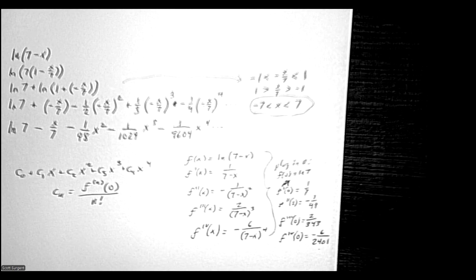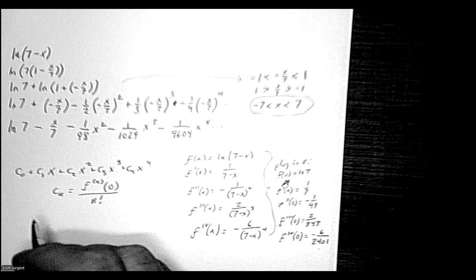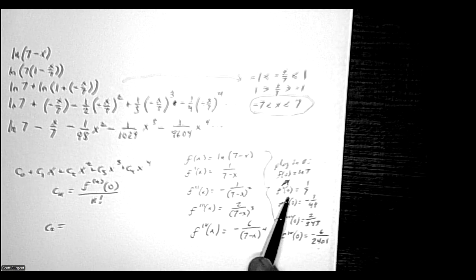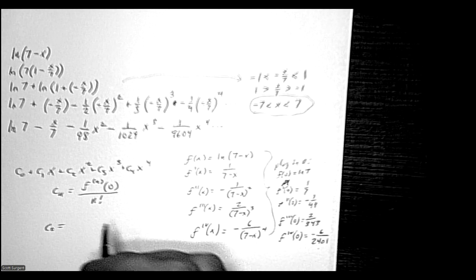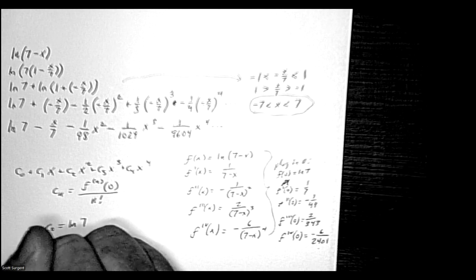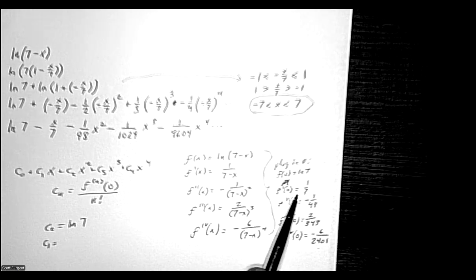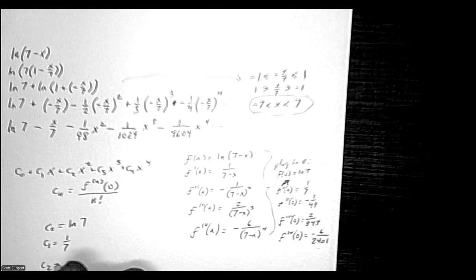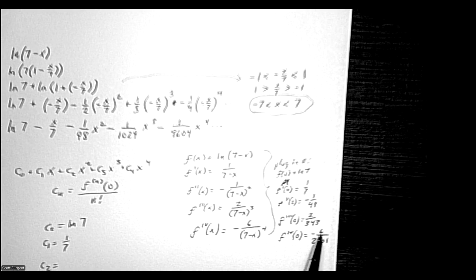Okay. And then you have to put them into this formula here. So C0 is just going to be f of 0, which is just ln 7. C1 is going to be f prime of 0, which is 1 over 7 divided by 1 factorial, which is just 1. C2 is going to be,